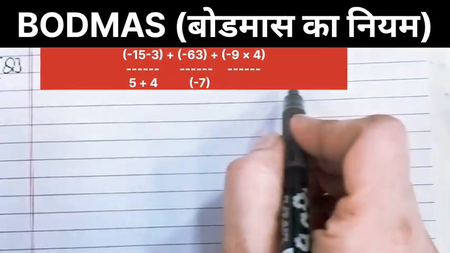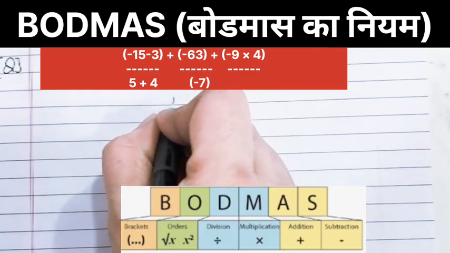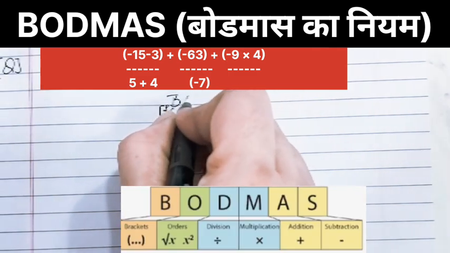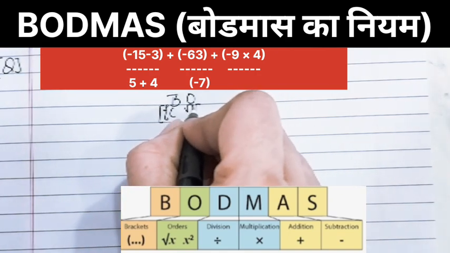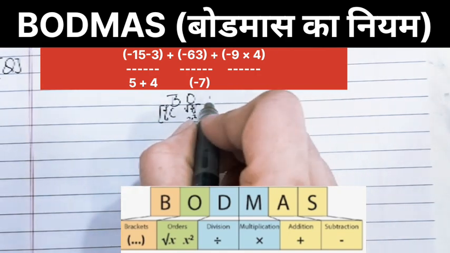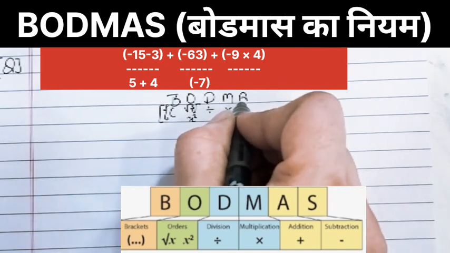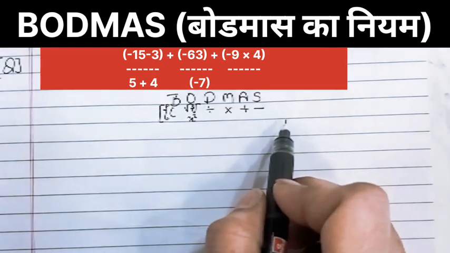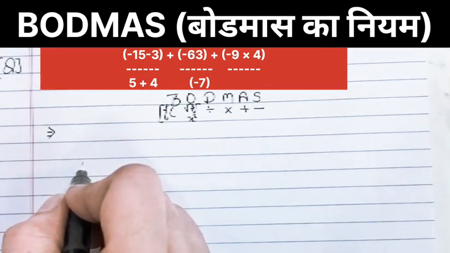Hello friends. Now to solve this expression we use the BODMAS rule. BODMAS rule says first we solve brackets: small bracket, curly bracket, then square bracket. O stands for order, where we convert multiplication, square roots, cube roots, exponents. D stands for division, M stands for multiplication, A stands for addition, S stands for subtraction. According to this BODMAS sequence, we'll break down this expression with a step-by-step solution.